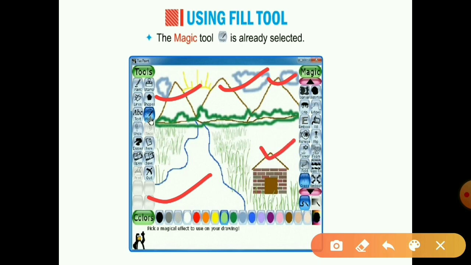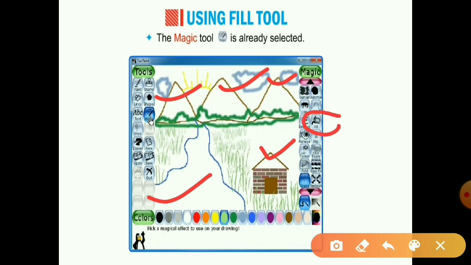Okay, so let's see how we can fill. In the last tool, grass effect, we already selected the magic tool. Yes, so our magic tool, the magic wand, is already selected. So now we will find the fill tool from the subtool box. Okay, now you can see the fill tool is here.